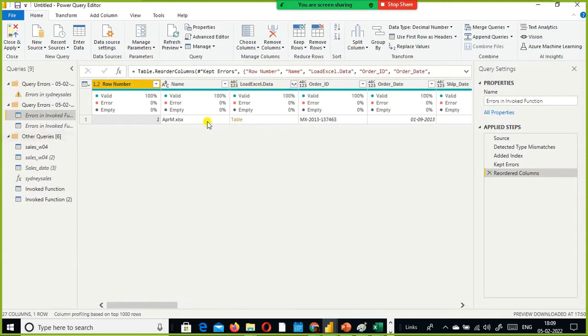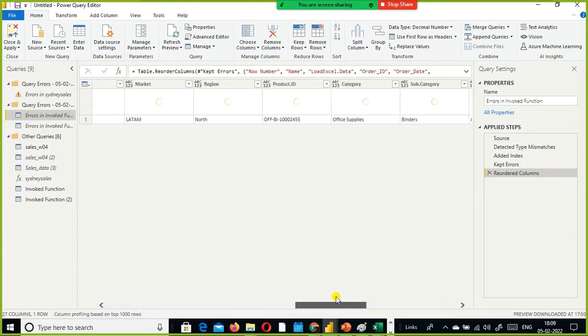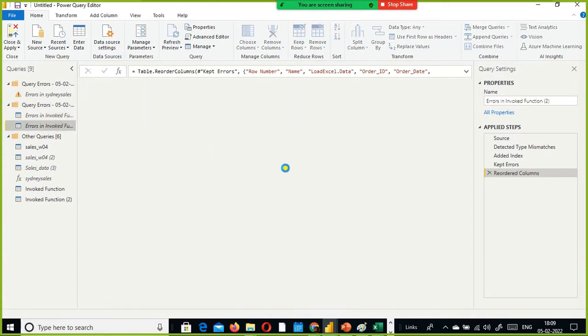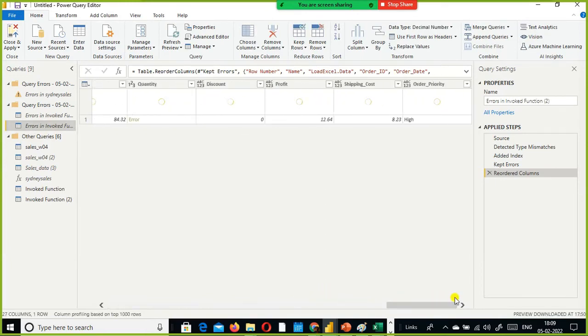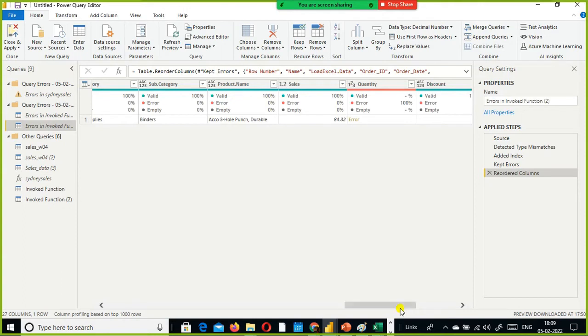Okay, look here, it shows us in the April month there is a problem here, the quantity error. So here also we can see there are 2 records. We have noticed only one, right? So this is the error now. So now how we are going to address this one?